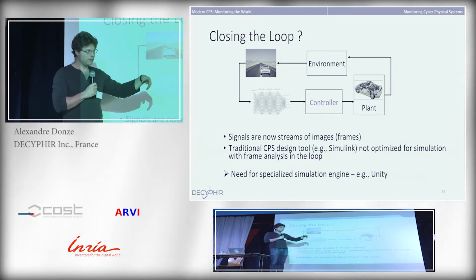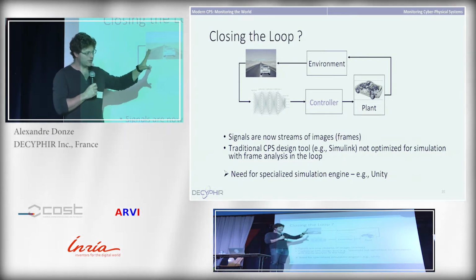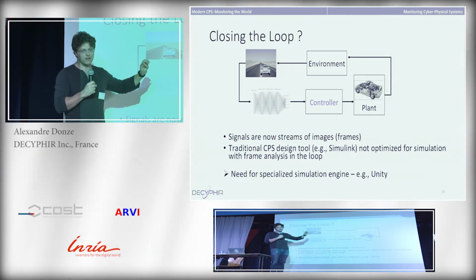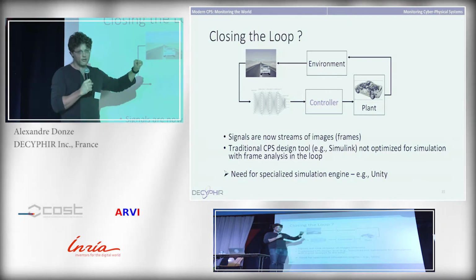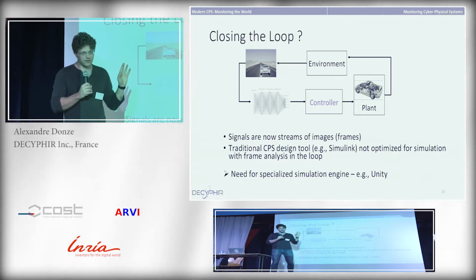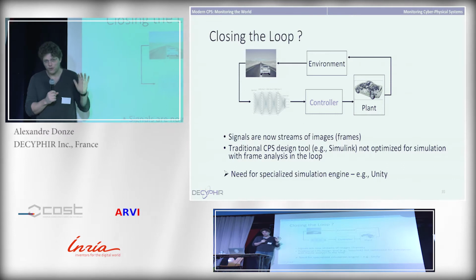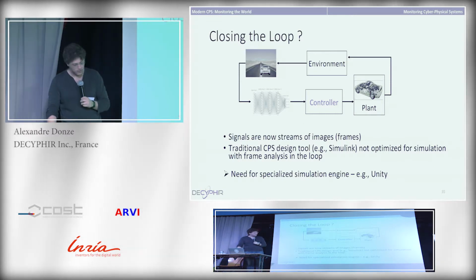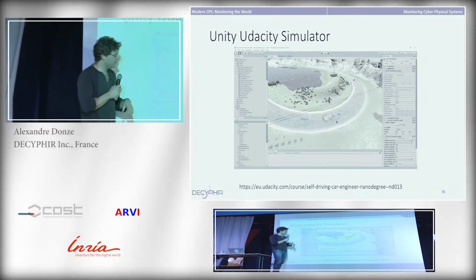What I'm saying is that if you try to make a Simulink model that will perform some sort of image analysis during simulation, it doesn't work. It can work if you have a lot of horsepower, but it's not efficient, not at all. So I was playing, literally playing,